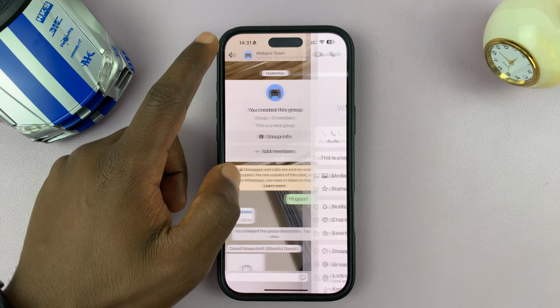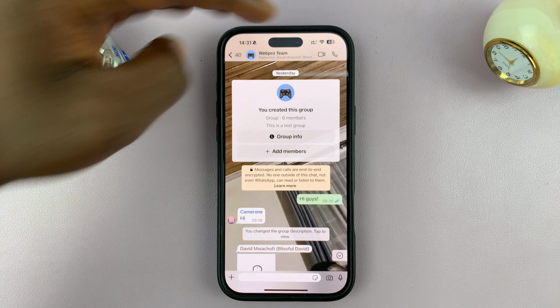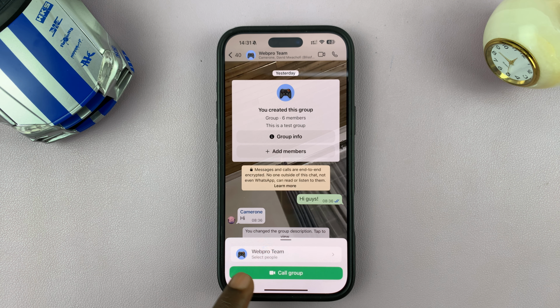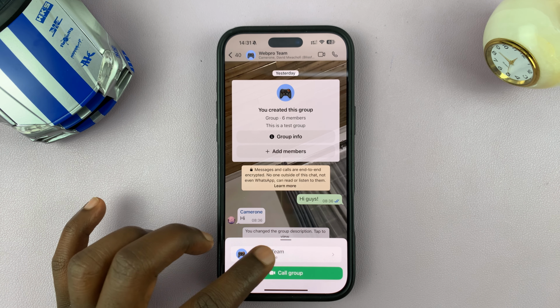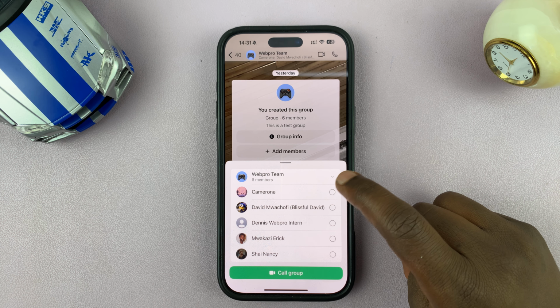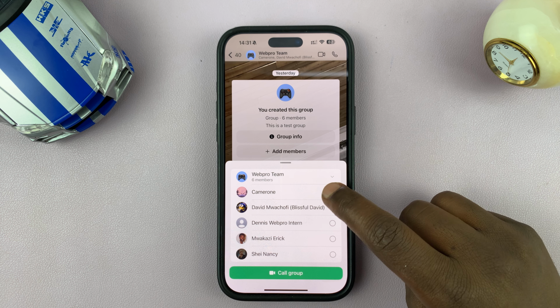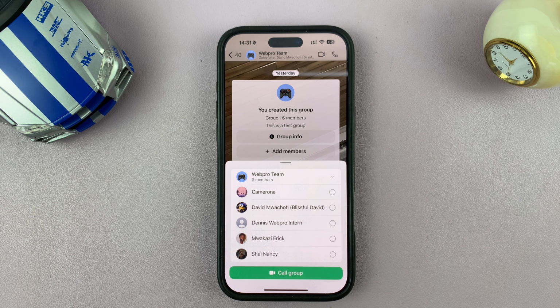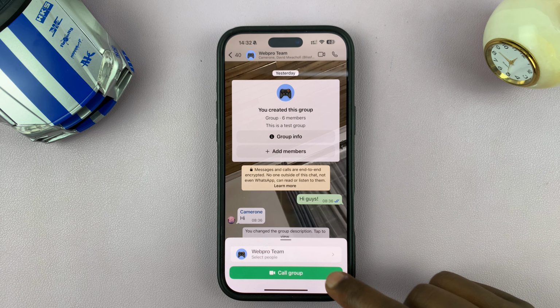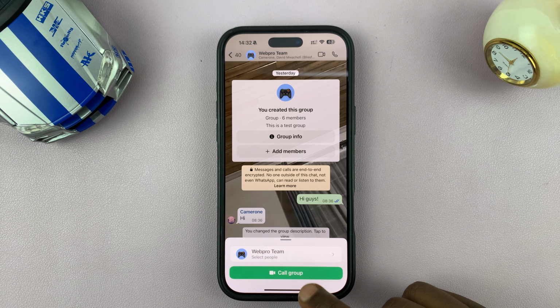And so if I make a video call by just tapping on the video call on the upper right side, then I'll have the option to select the people I want in that call. Okay, so if I tap on this, I don't have to call all the members of the group. I can pick a few, or I can select everyone. Okay, so by default, if I just ignore that particular selector and tap on call group, it's gonna call everyone in the